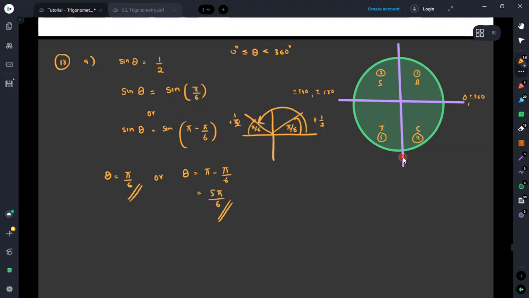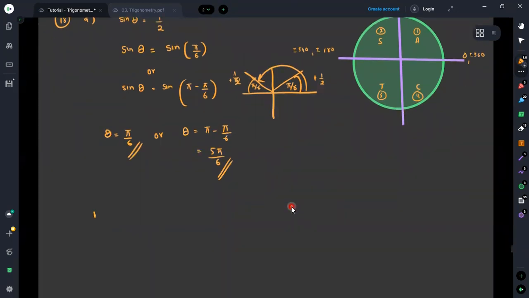It is because sine is positive in the first quadrant as well as in the second quadrant. We have previously discussed these matters, using the associated acute angle rule as well. Then I will take into consideration the next one in the given region: cosine theta equals root 2 over 2. First I will make it a form which is familiar to us. It is 1 over root 2. Now we need to find the appropriate angle for this value, 1 over root 2.